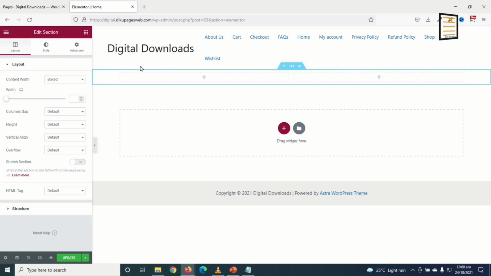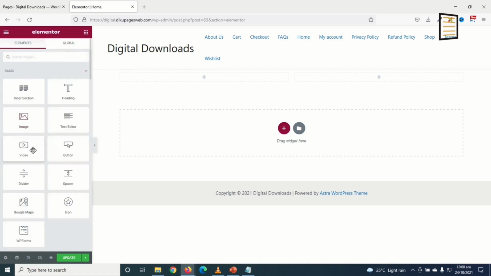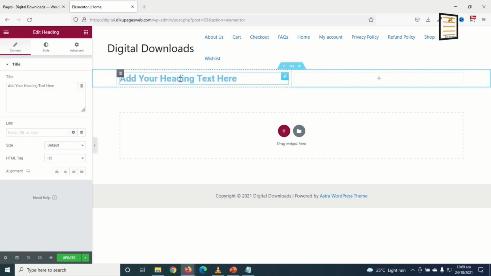So this blue line we are seeing here is the main section, and inside it we have columns. So every single section you see in here has some columns inside where you have to put your elements. To insert a new element or widget, I click on these nine dots right here, and it will take me to all the elements. Then I can drag in whatever element I want to use. So if I want to use this particular element, that is the heading element, I just click on it and drag it in here. Awesome.